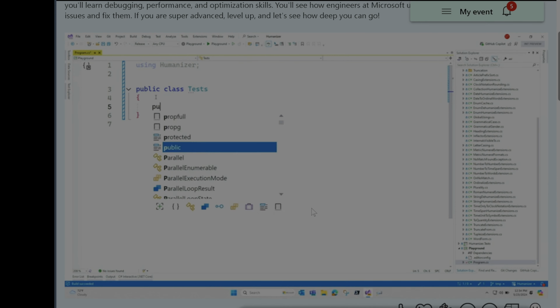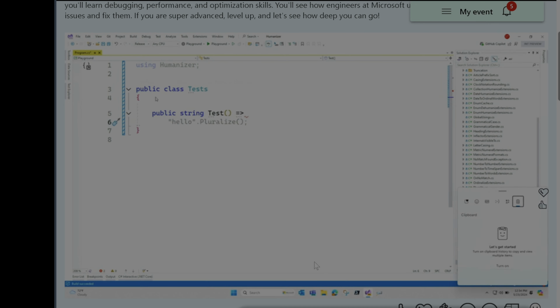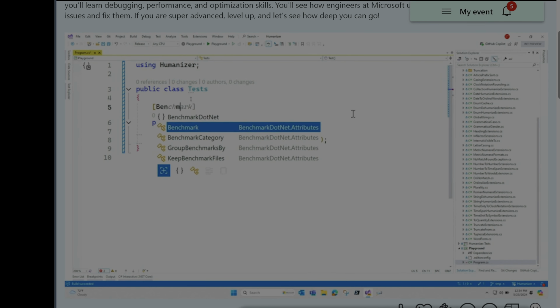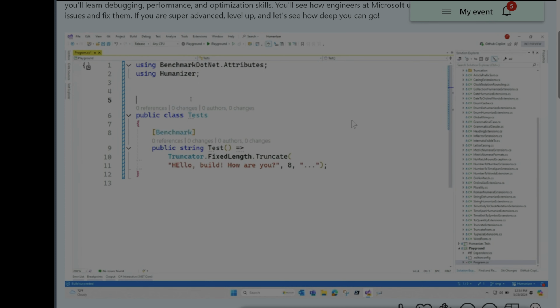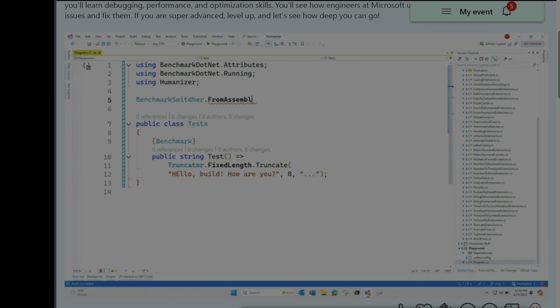We'll just call this public string test and paste in Control V. The same code that I had. Now, to make this work with benchmark.net, I'm just going to add a benchmark attribute to this. And then I come up here and I say BenchmarkSwitcher.FromAssembly(typeof, wow, this keyboard